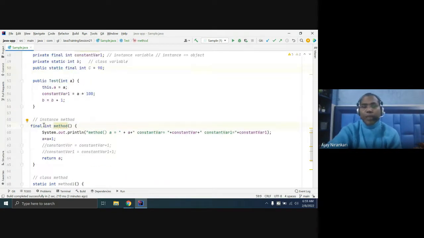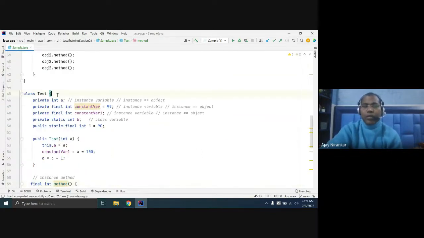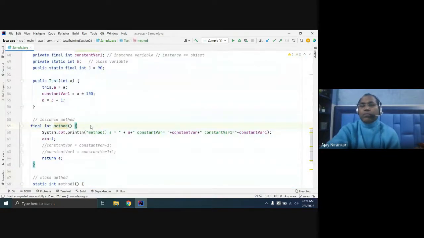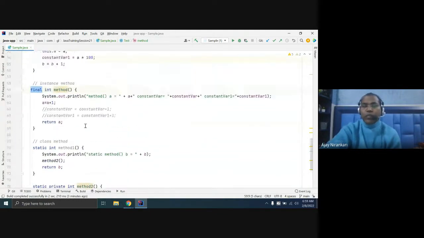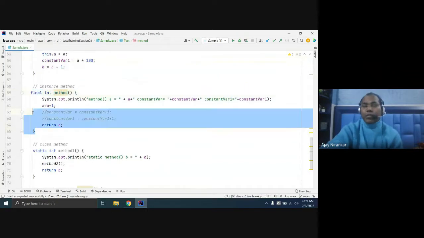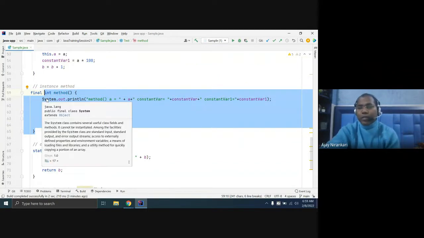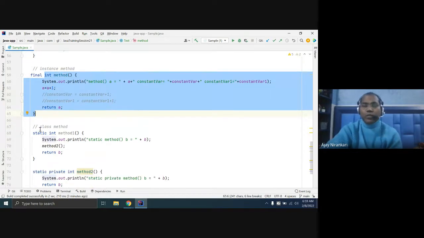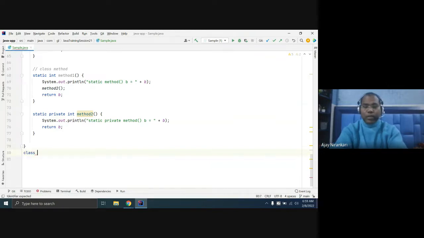If I am writing any final method, what is the meaning? If there is only one class, there is no impact. But we know whenever you are going to override, this means you are defining the same method in the subclass. So this final keyword is a control where I don't want this method to be overridden. Let us write a subclass here, a subclass, and extend your test class.